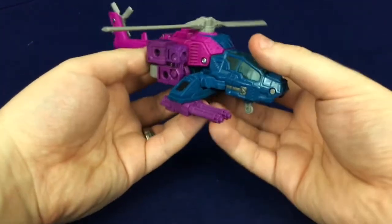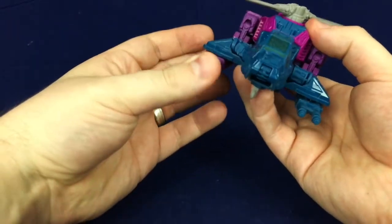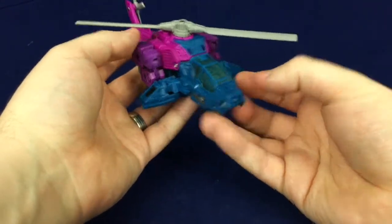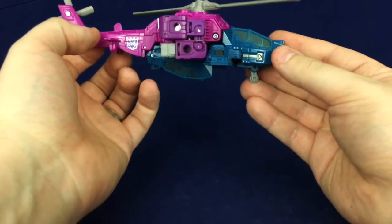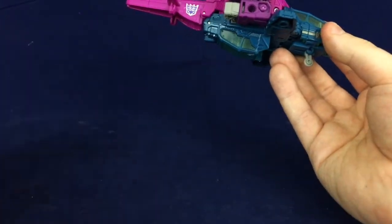It does have some issues though. One of the big things is you'll notice I actually have the guns on it, and I normally don't show accessories. That is because it looks kind of not great without the guns on. It's not as good looking. It's still okay from this angle, but then when you start to turn it, that's when you get that weird potbelly second cockpit down there, which is strange, and I feel like these guns kind of distract from that